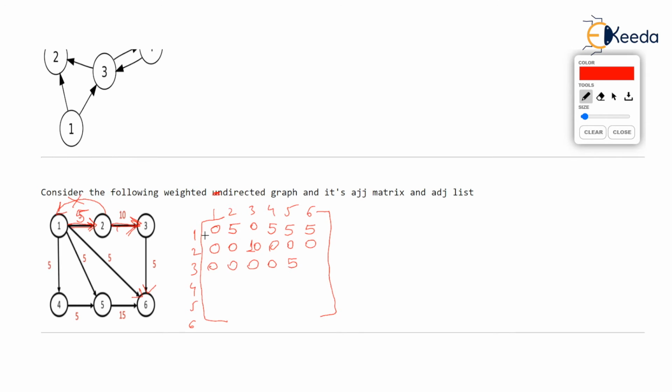3 to 1 is 0, 3 to 2 is 0, 3 to 3 is 0, 3 to 4, 3 to 5 is 0. I am so sorry. There is no edge from 3 to 5. 3 to 6 is 5. And you just check. Fourth will be 0, 0, 0, 0, 5, 0. Fifth will be 0,